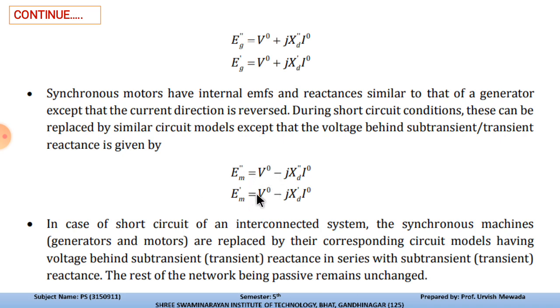From that we can calculate the reactances of the synchronous machine, and from that we can get the value of the respective generating EMF of the synchronous generator, or the EMF of the motor. So we can write the equation according to the reactance offered by the circuit at the time the short circuit takes place, and according to the behavior of the machine while these reactances appear during the faulty condition.